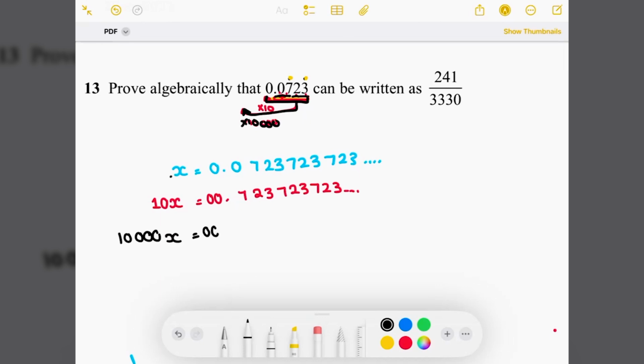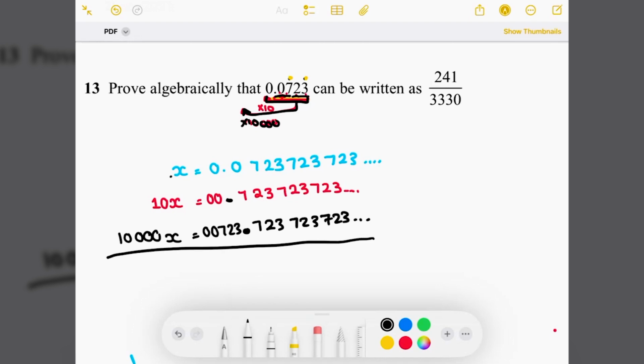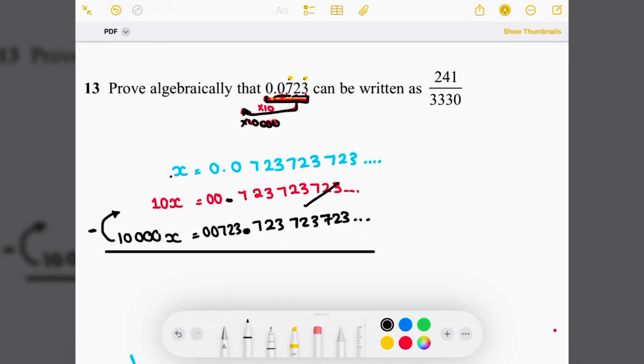So 0.0723, 723, 723, etc. Now notice, after my decimal points, they're all 723s. So when I subtract them, take away that, these will all give me 0. And then 723 equals 10,000x take away 10x,